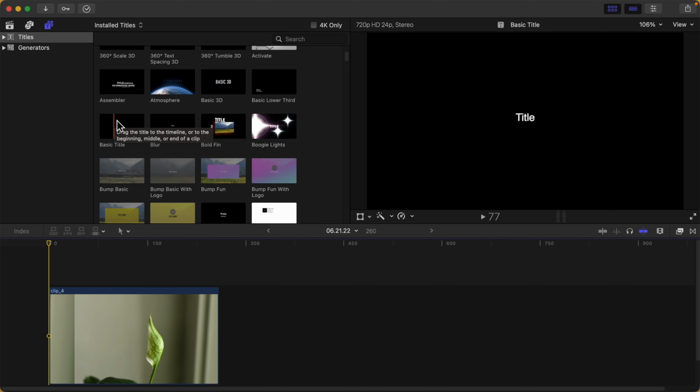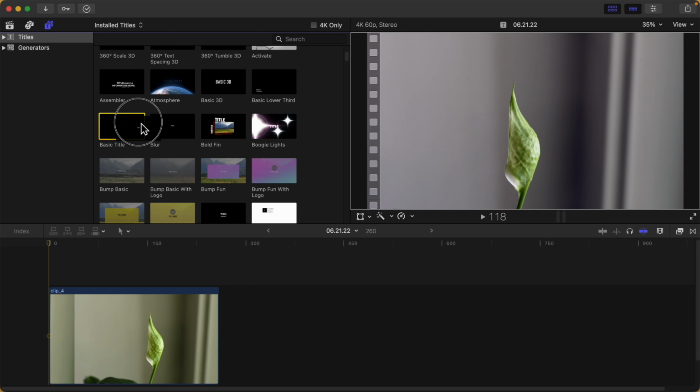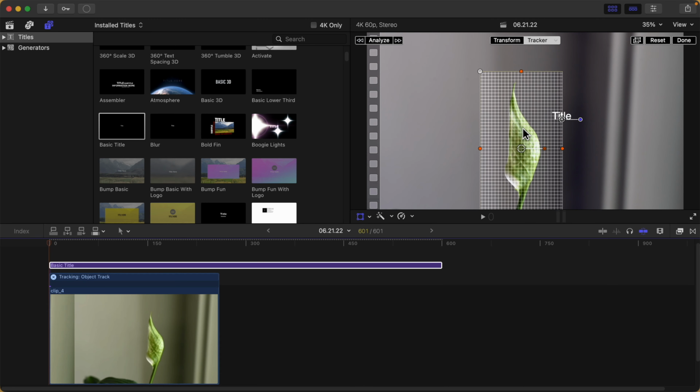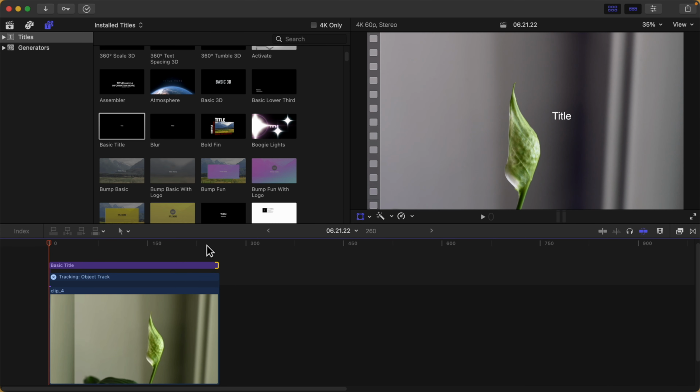And instead of taking your basic title and bringing down your clip, what should you do? Well, just drag it onto the object, and yes, it is exactly that easy. It's kind of insane. And there we go. For whatever reason, it doesn't match up to the clip length. I don't know why the title, maybe it's just too short, but make sure at the beginning, make sure the